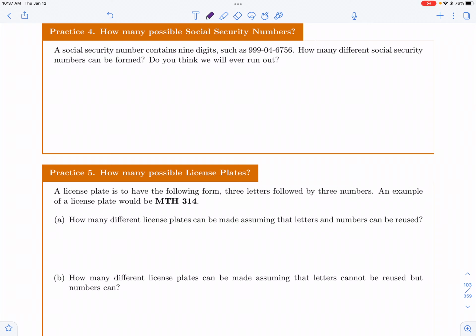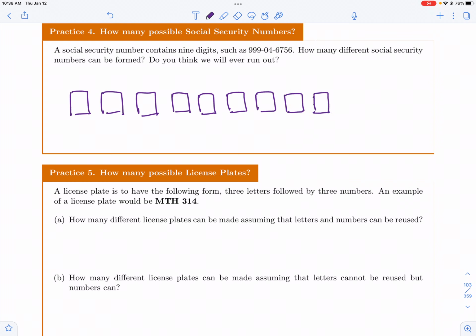So for practice 4, we're trying to figure out how many possible social security numbers we can make. I gave a sample social security number just to see what one looks like. What we want to do is think about each individual digit as kind of being its own category. So I lay out exactly what a social security number would look like: there's our first 3 numbers, our middle 2 numbers, and then our